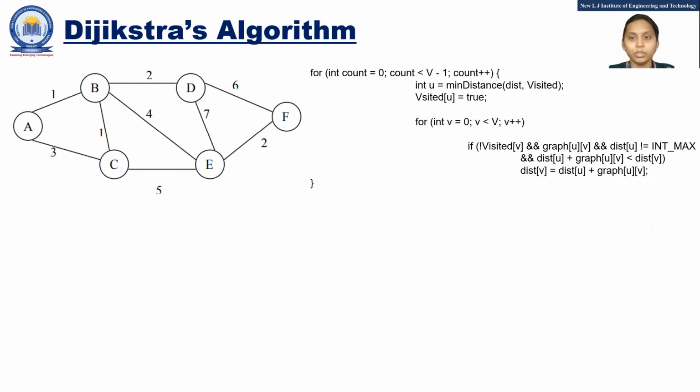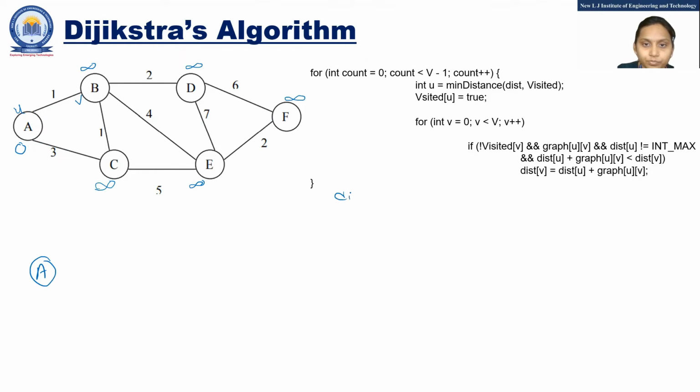Now, let me take one more example where you get more idea. Here, Dijkstra's algorithm says this is the given graph, and here you have to find the distance from any node. Let me take A as a source node, and here the distance to all is infinity because we have not traversed till now. So these are all infinity. Now check which is minimum here. For the source node, u is A and v is here because this is the minimum edge.